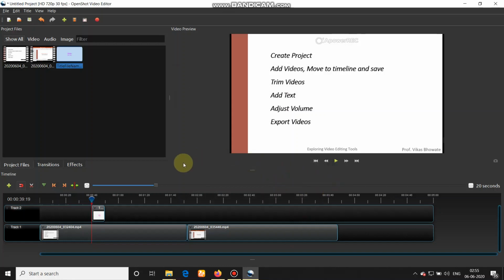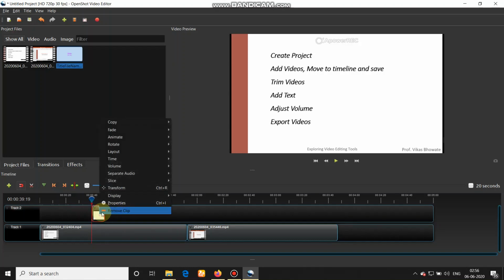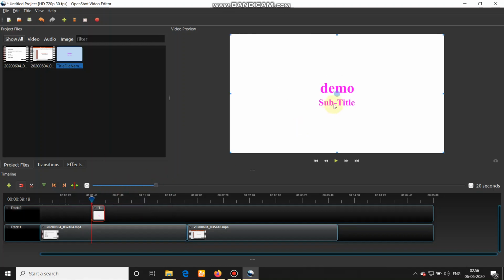What you find is .svg file appears in track 2 starting from 40 seconds. Once it is done, select that SVG file, right click on it and move to transform. When you click on transform, it appears like this.